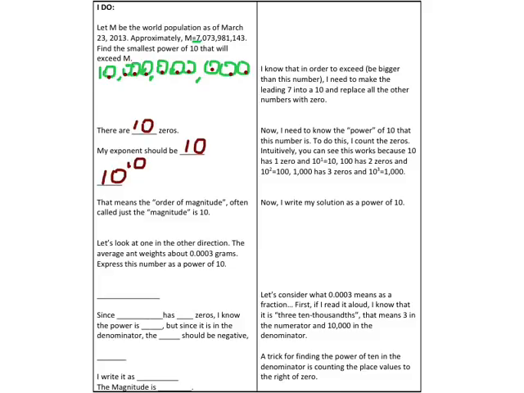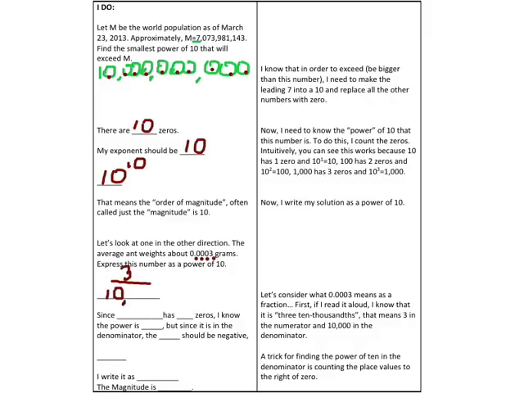I can also look at numbers that are less than 1. In this case, we have 0.0003 grams. If I read that, that is in the 10,000th place. Starting at the first digit after the decimal, this is the 10th place, the 100th place, the 1000th place, and then finally the 10,000th place. That means I have literally 3